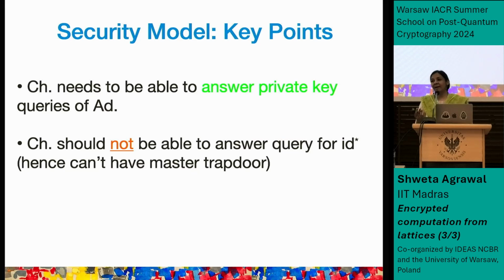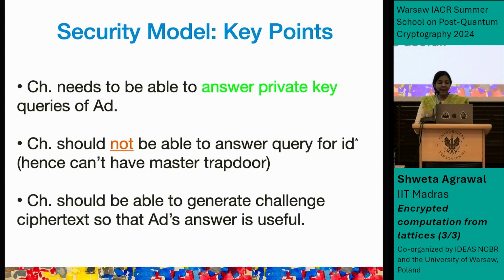Because how will it leverage the adversary? If the challenger or the reduction can itself decrypt the challenge ciphertext, then even if it gives it to the adversary and the adversary breaks it without the master secret or anything, there's no way for the challenger to use the adversary's work to break the hard problem that it's trying to break, right? So that's exactly right. This is the reason it should not be able to answer a query for ID star.